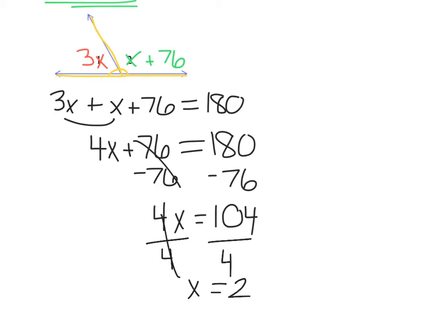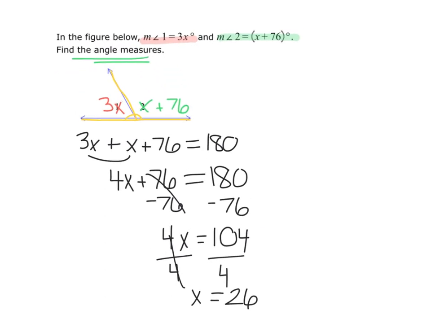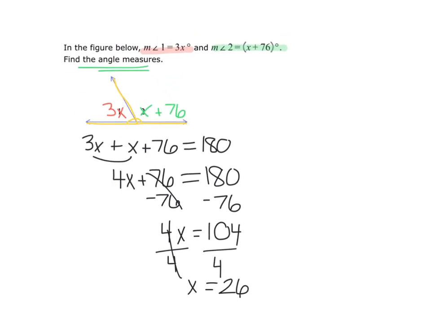x equals 26. So we haven't actually finished the problem because it doesn't ask us to find x, it asks us to find the angle measures. Well, if we know what x is, 26, then we can figure out the measure of each of those angles by plugging it back in to our original expressions. So if the measure of angle 1 is 3 times x, then instead of 3 times x, we're going to do 3 times 26. And 3 times 26 is